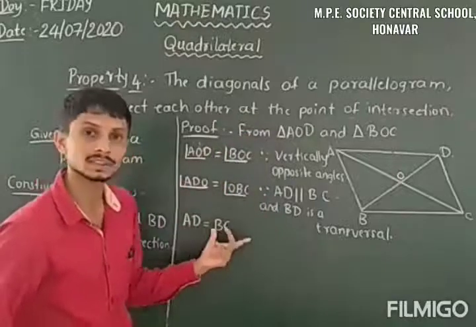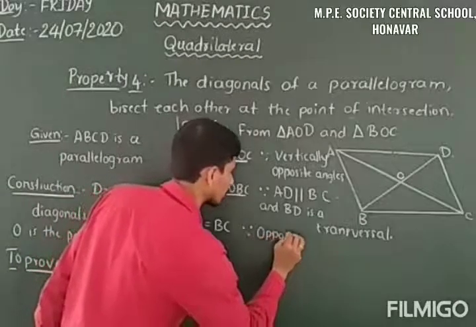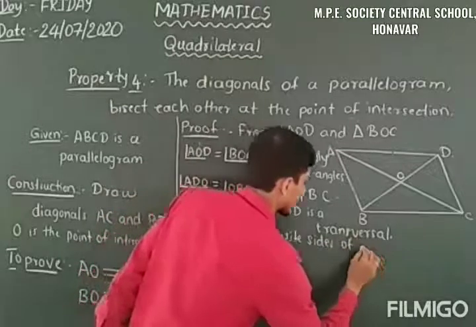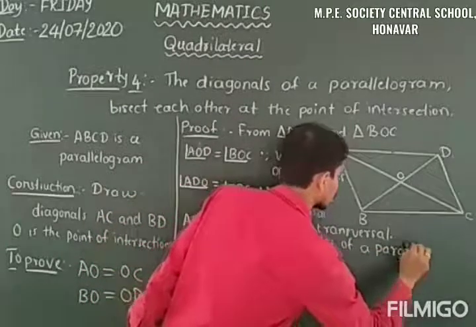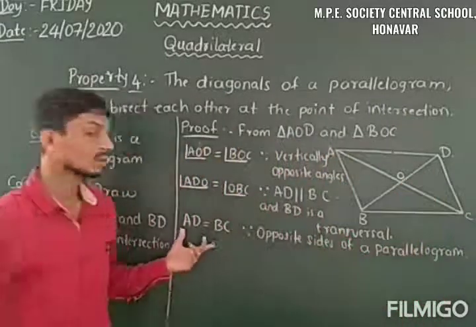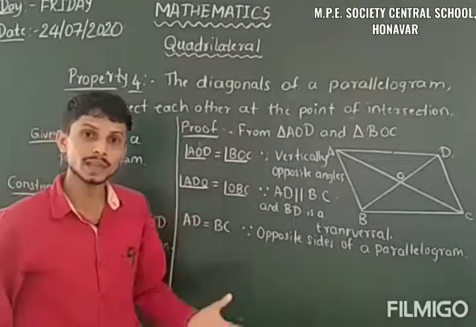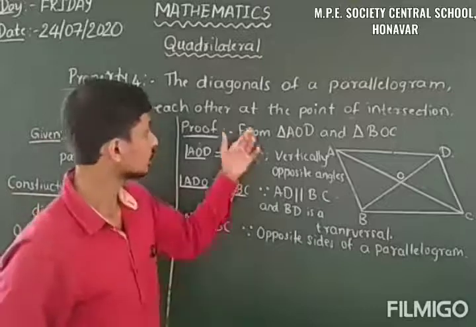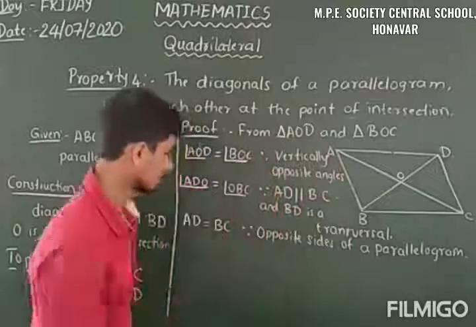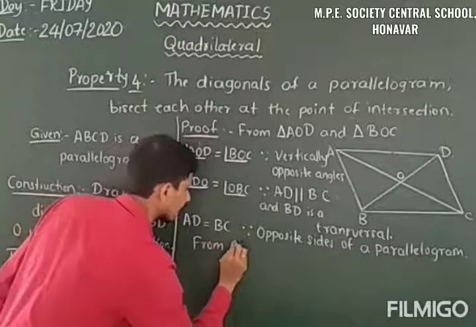So here AD is equal to BC, because opposite sides of a parallelogram are equal. So we got two angles and one side. That means from the angle side angle criterion, triangle AOD and triangle BOC are one and the same. So from the ASA